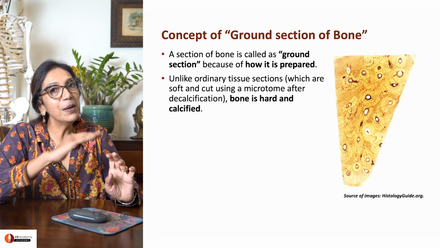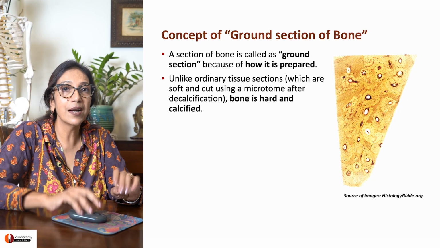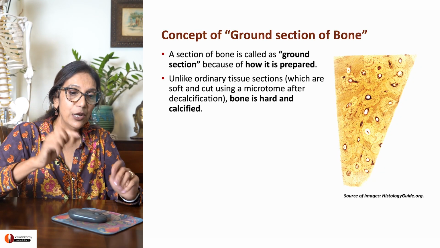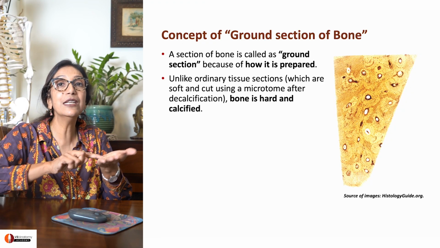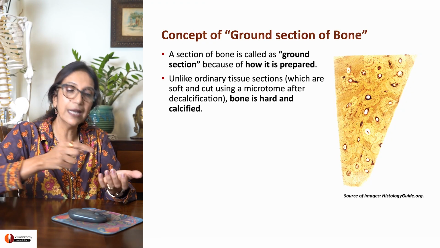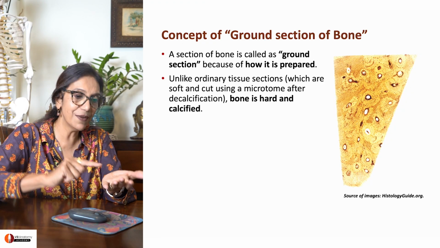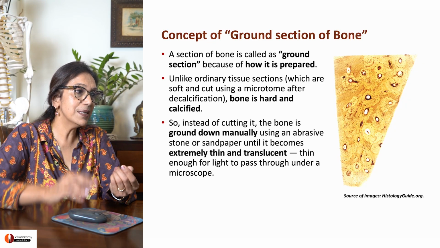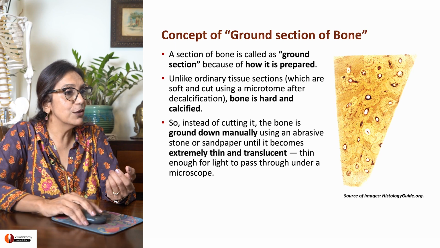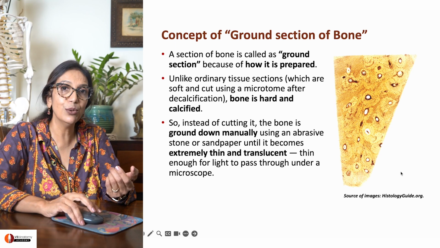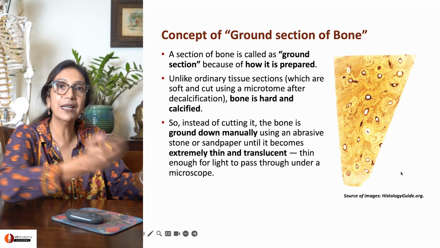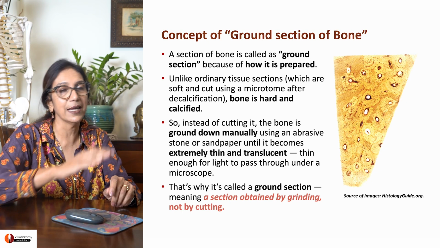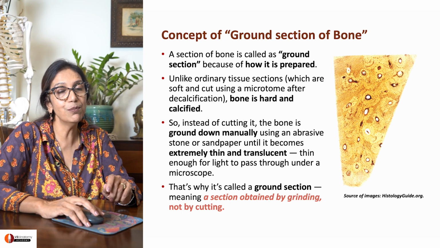See, you're not going to be able to cut the bone, right? It's too hard. So what do you do? You take fine chips of bone, okay? And you begin to grind it on a grinding stone. Not grind it like that. You take a chip, use your finger and you begin to slowly rotate that chip till it becomes extremely thin and translucent. I've put up an image here for you. This is how translucent that bone becomes. Such a section created by grinding is called a ground section of bone.